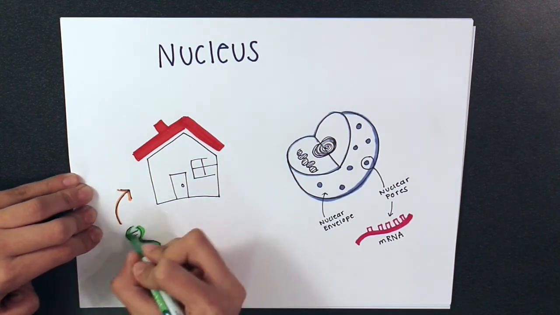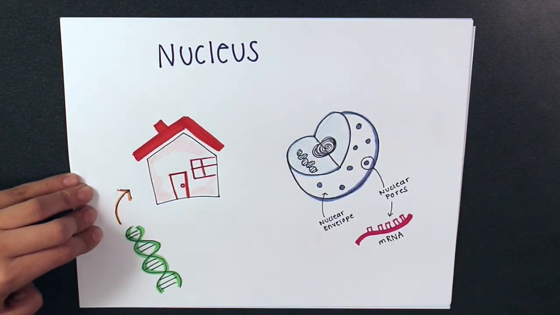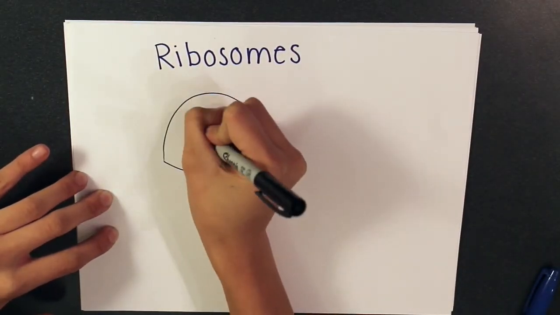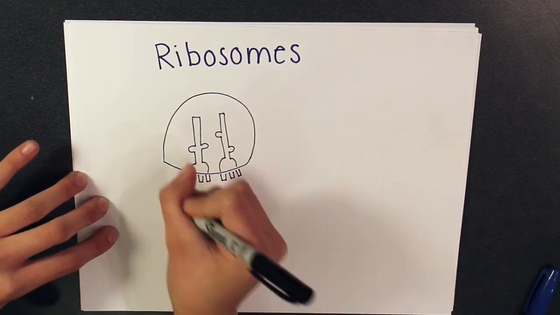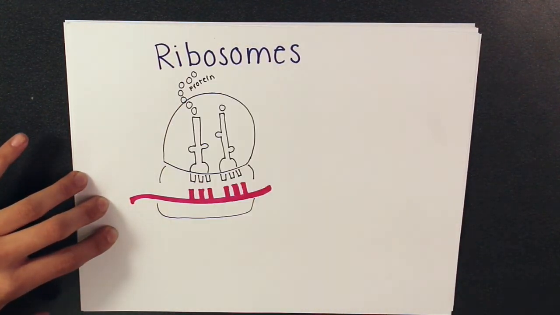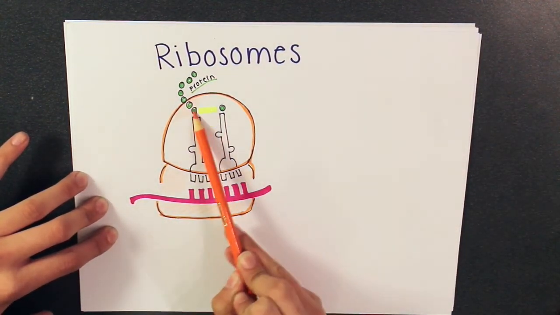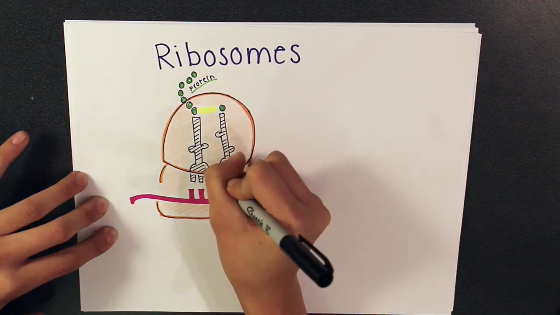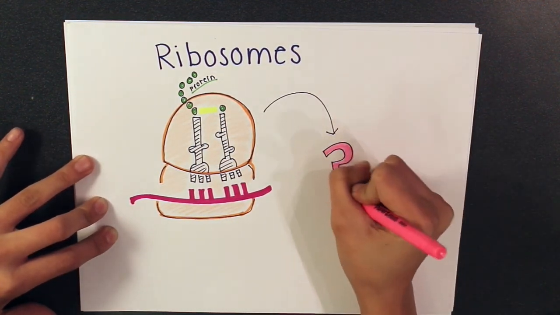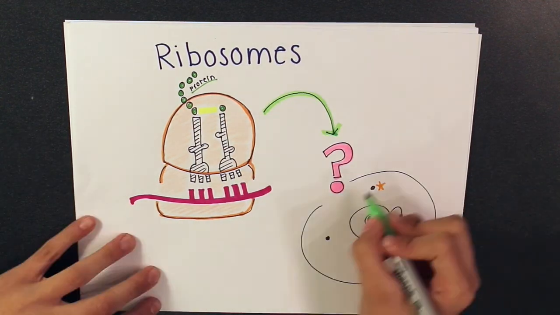These single strands of nucleotides carry important protein synthesis information to protein manufacturing centers called ribosomes. Ribosomes are the sites of protein synthesis. Here, the information carried by the RNA out of the nucleus is used to make proteins. The proteins that are made and their specific functions are determined by instructions given by DNA through the messenger RNA molecule. Also important is the location of the ribosome, whether floating in the cytoplasm or attached to the rough endoplasmic